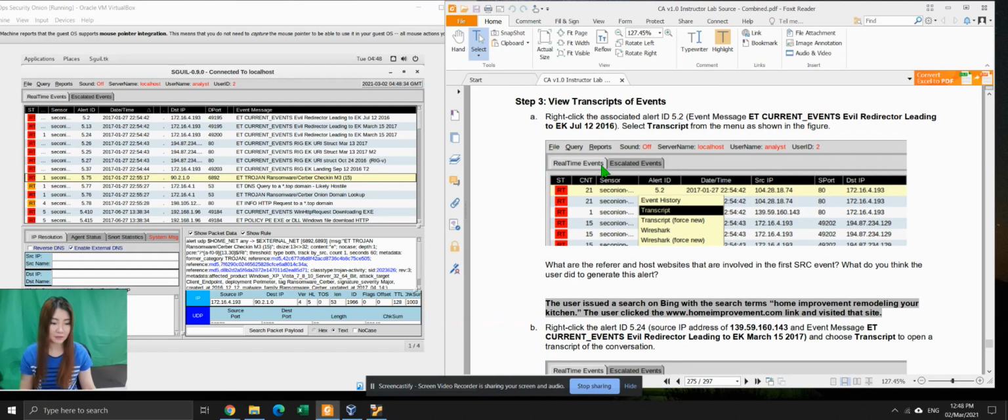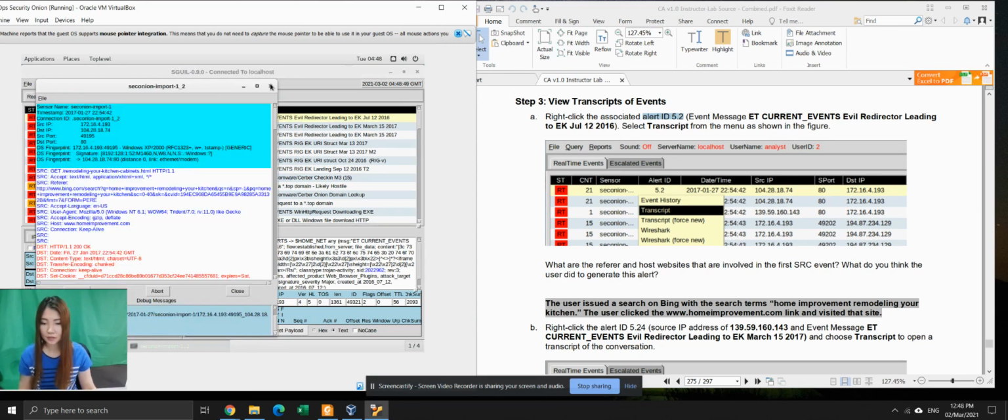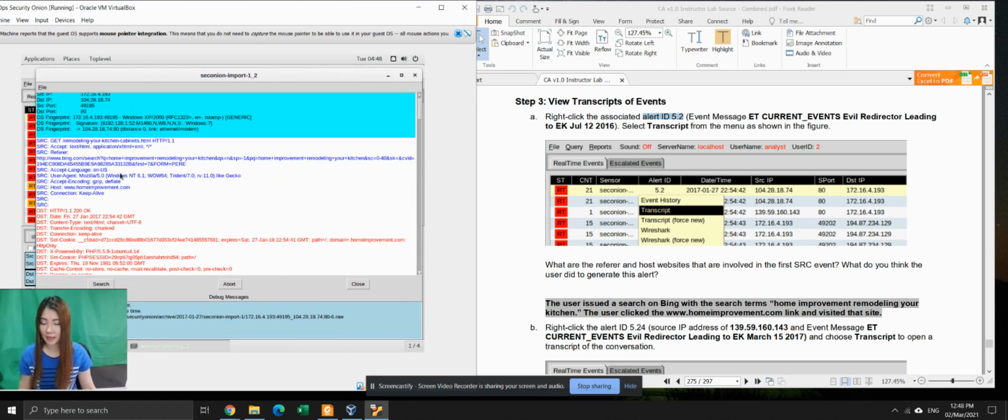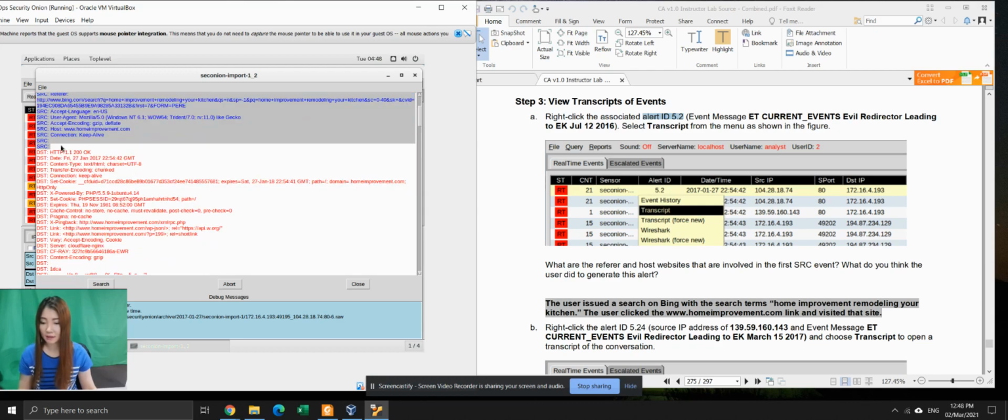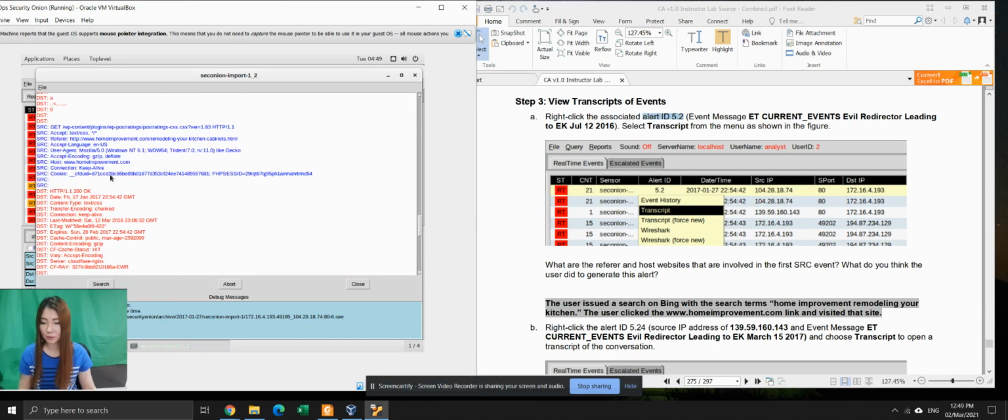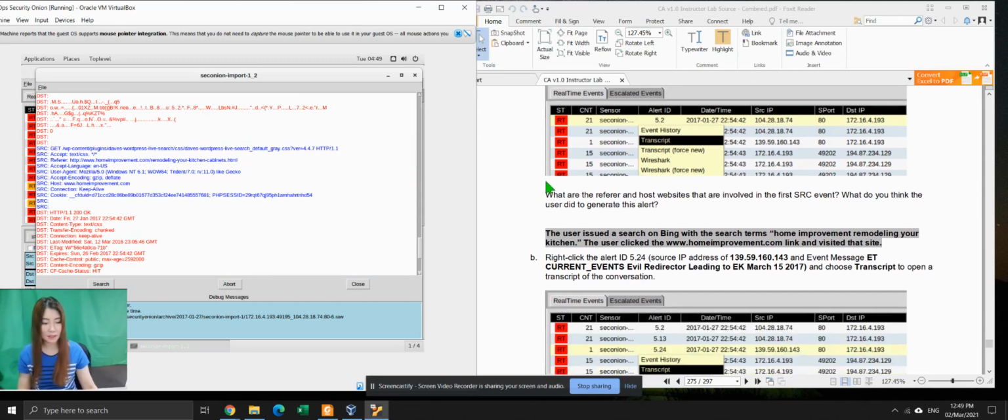View the transcript of events. So now what you need to do is go to alert ID 5.2, which is this one, and then you right click and select transcript. Okay, so you have this info. And just for your information, if you get the blue color, it will be the request, and if you get the red color, it will be a reply. All this is reply, and blue color is a request. So what the question wants you to do